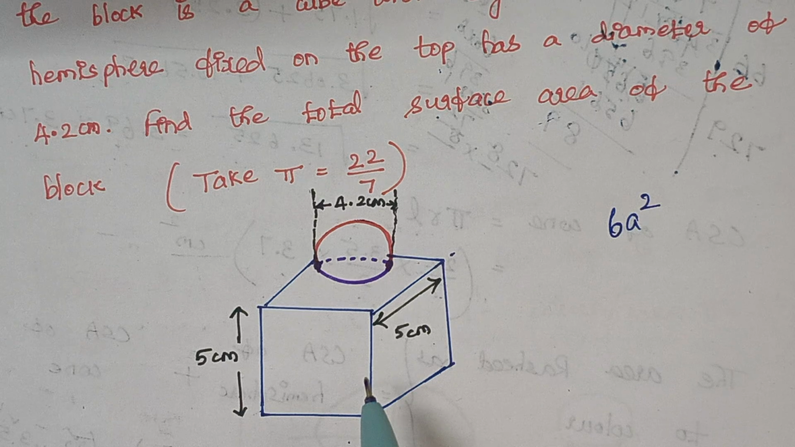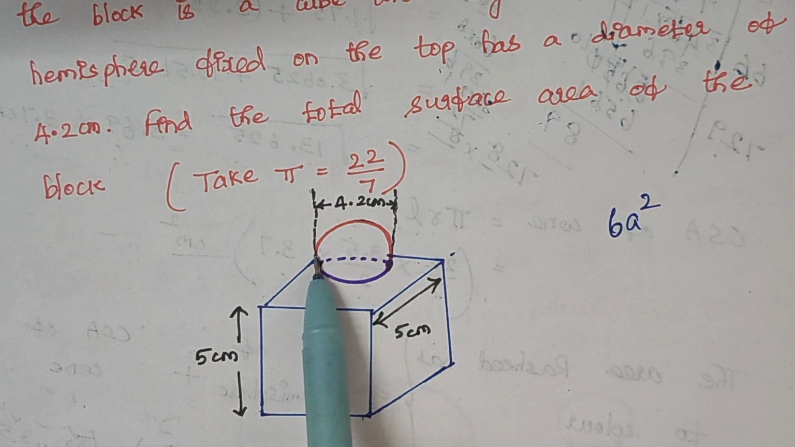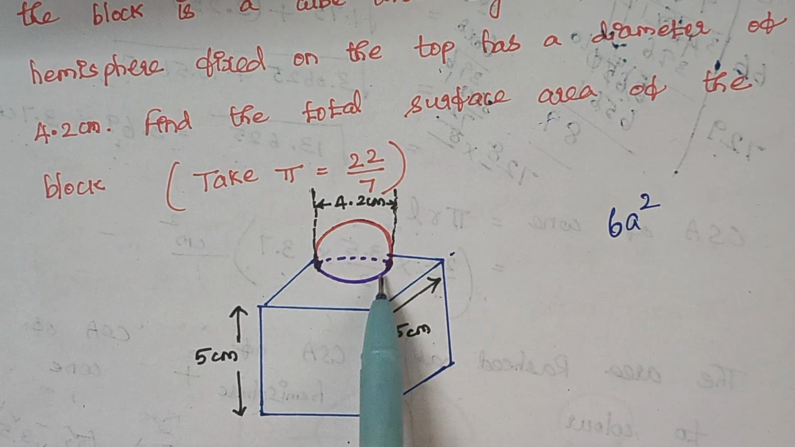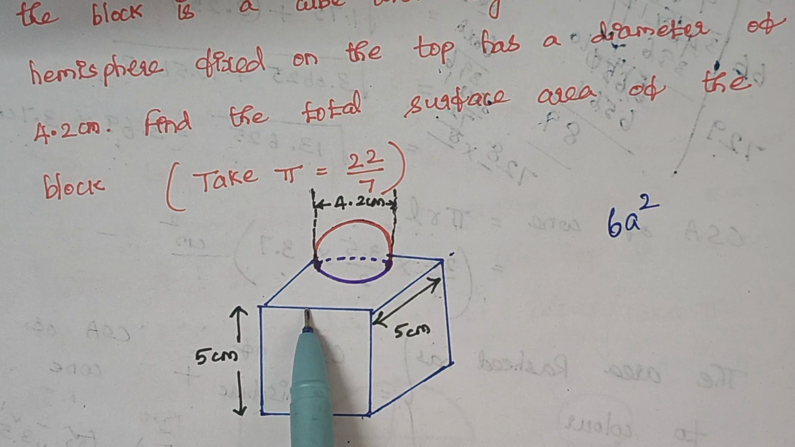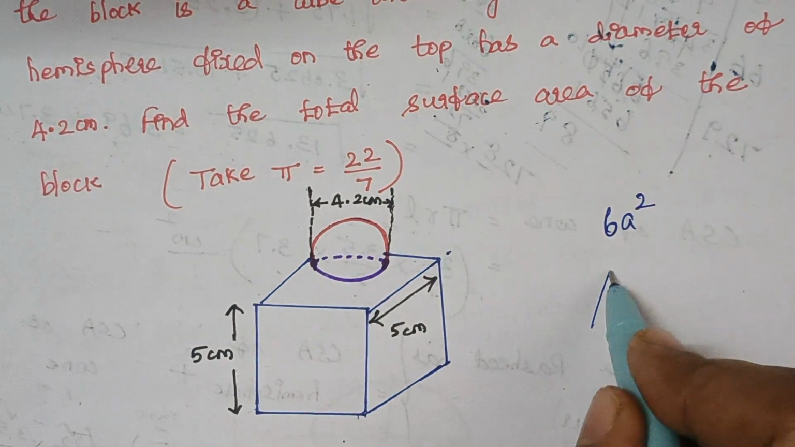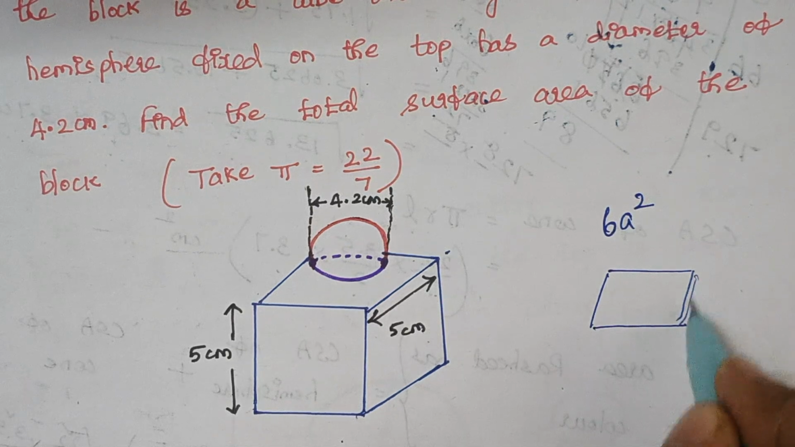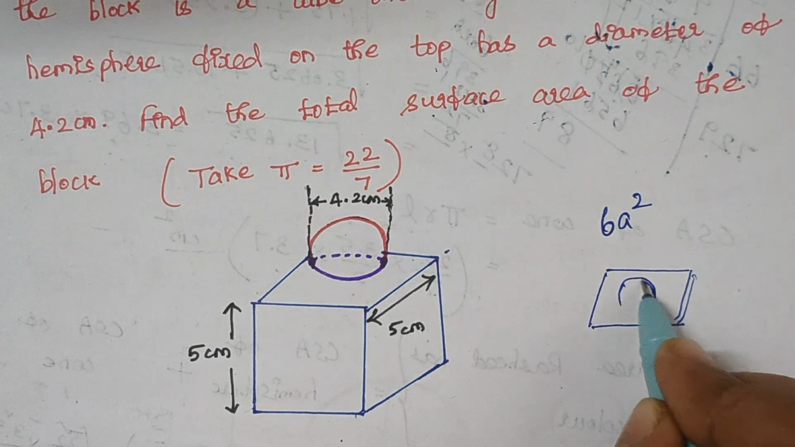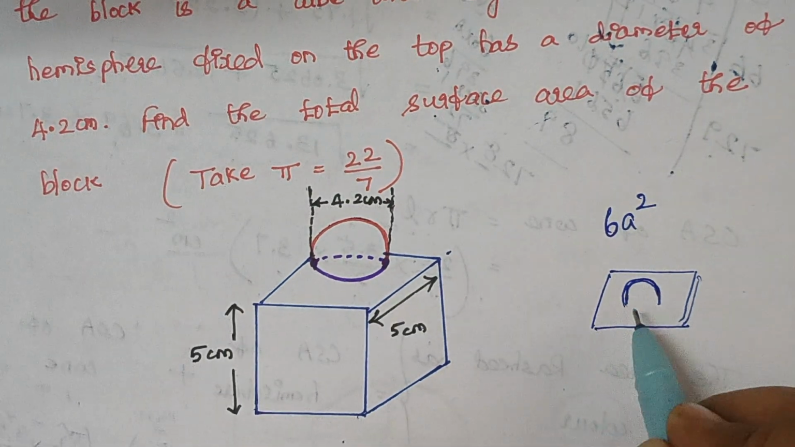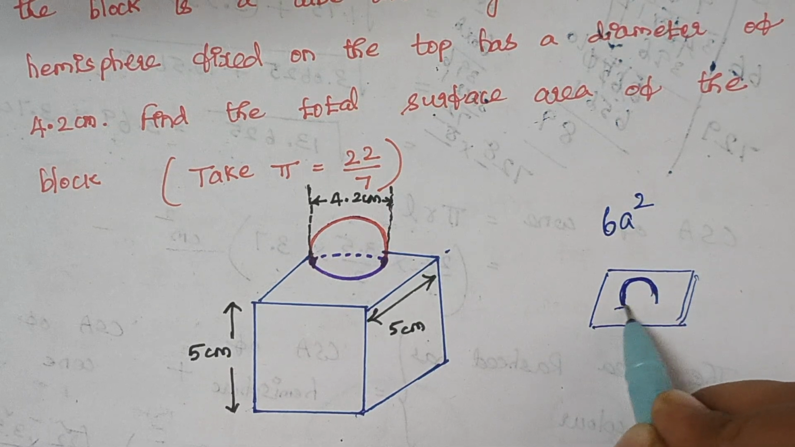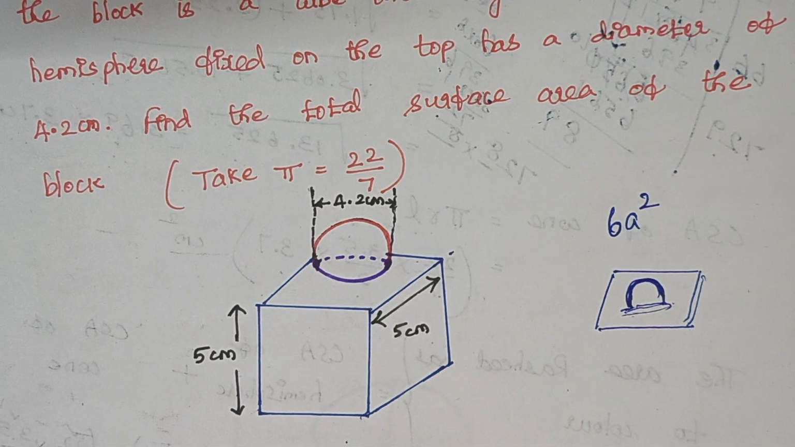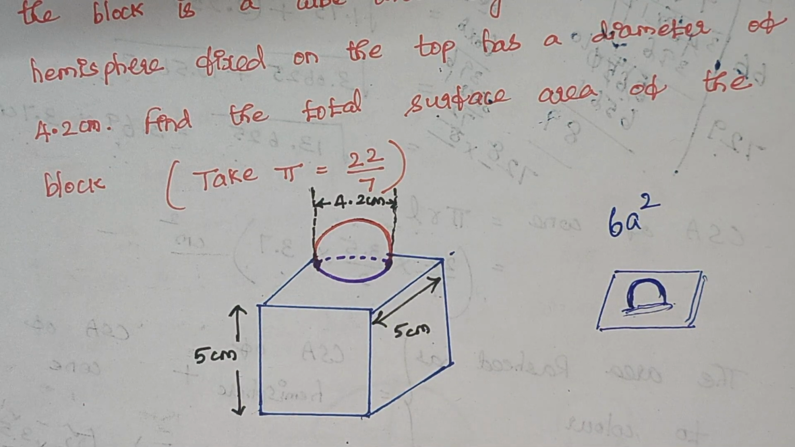Because you have to consider it. But this hemisphere covers some area of the cube here. Can you notice that? Can you understand? Because this is the top portion of the cube, and on this area I am placing a hemisphere. So this hemisphere covers some part, some area down here. Can you understand this? Whenever you are calculating the total surface area,